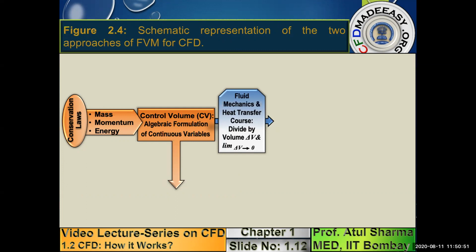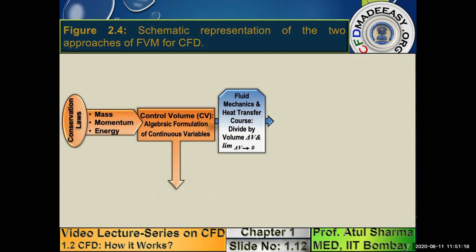Now to get a differential formulation, what you basically do, not only in heat conduction but even in fluid mechanics, is divide by volume, because any flux term multiplied by surface area divided by volume gives you a length scale in the denominator. So then you get qx minus small qx plus delta x, multiplied by delta y, which is the surface area for Qx,